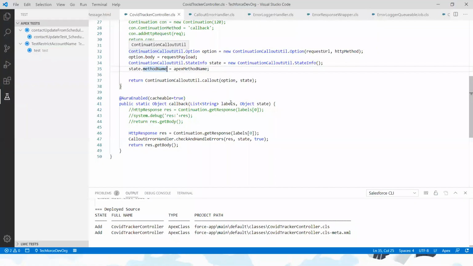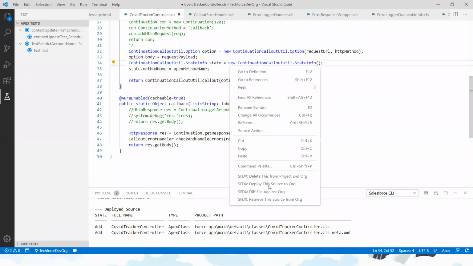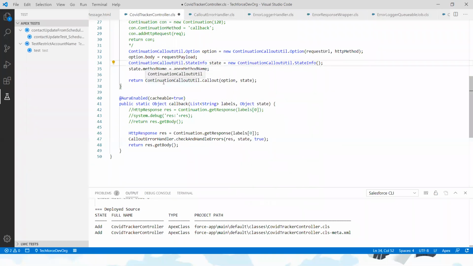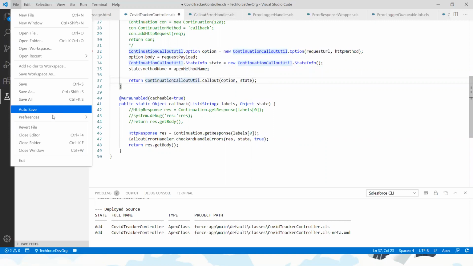And other than that, the quick save. In Visual Studio Code, if you are not aware, whenever you save, you basically need to right click and then deploy. Instead of that, whenever you press Control S, it's automatically deployed. The only thing you need to enable is in the settings, again the preferences.